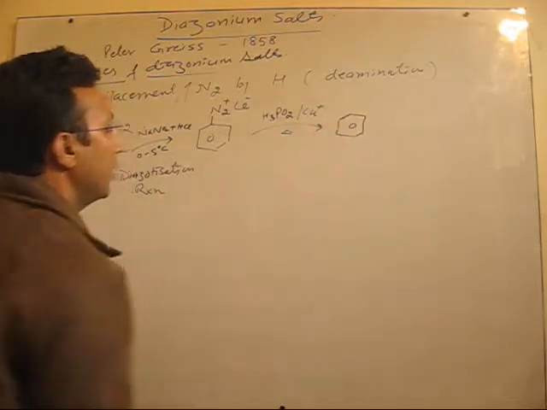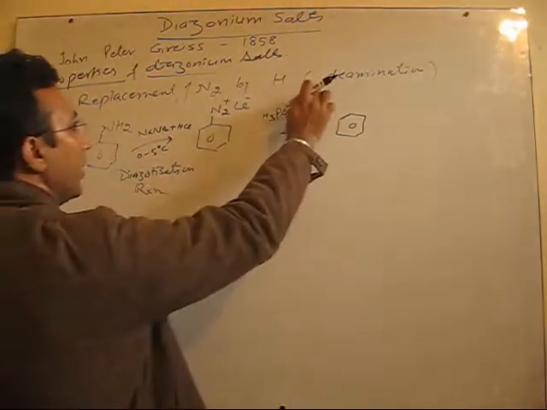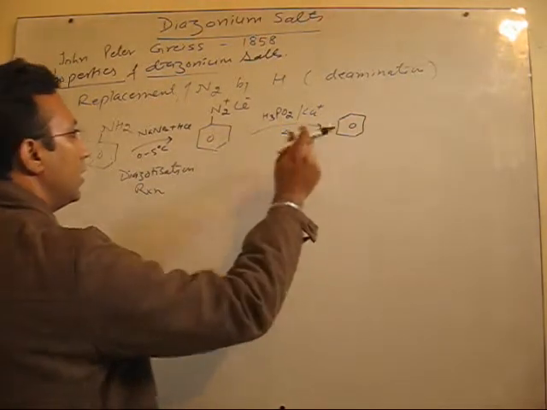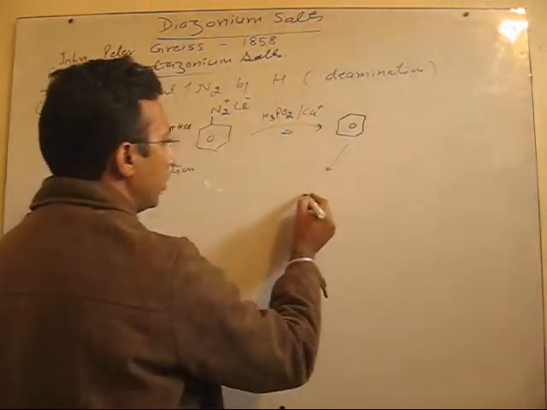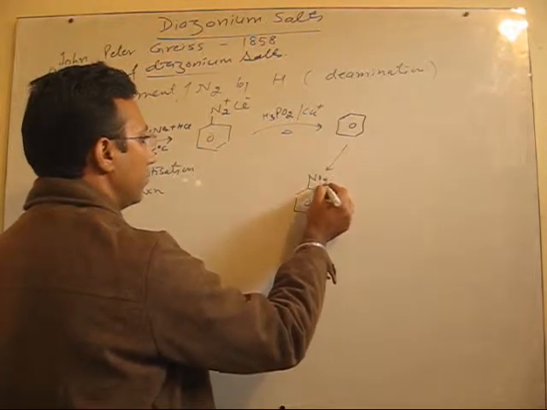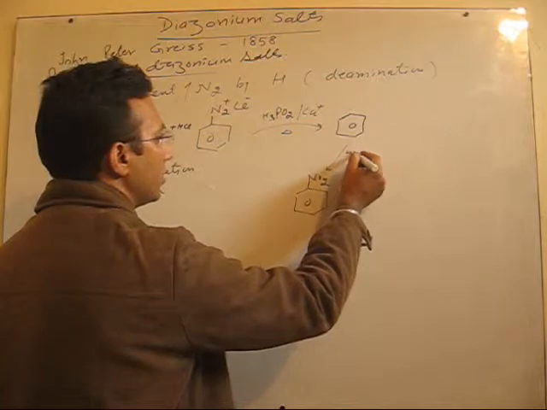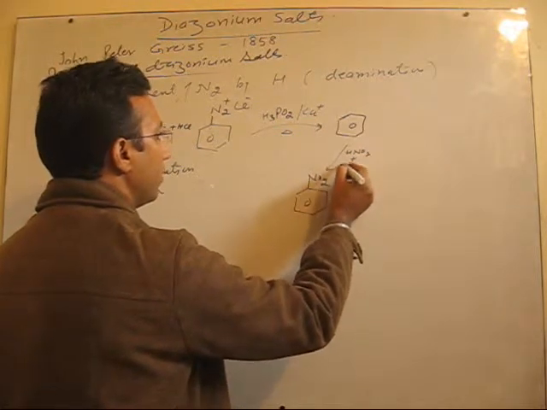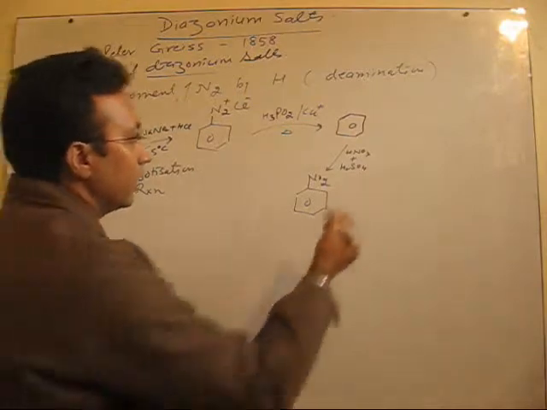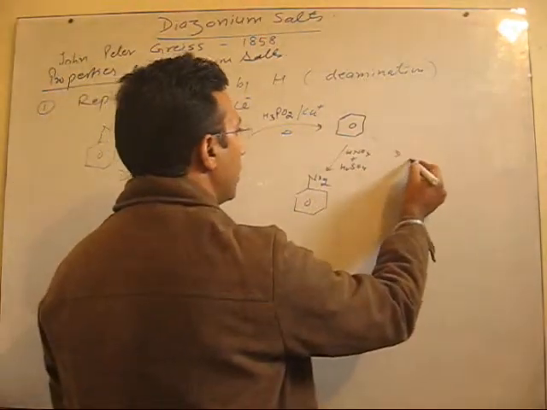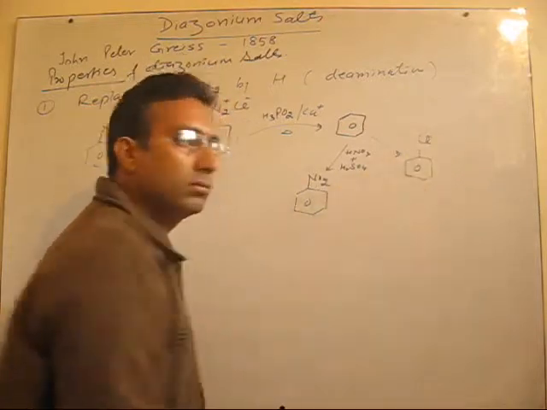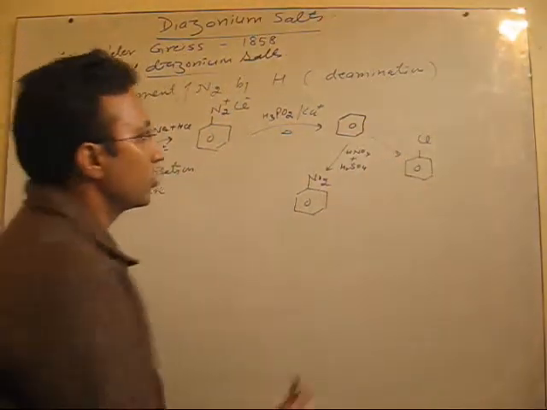So once you get this, you can use conditions like hypophosphorus acid in the presence of cuprous salt, heating, deamination reaction, formation of benzene. And once you reach benzene, from benzene you can prepare nitrobenzene using the nitrating mixture, sulfuric acid, nitric acid concentrated. Fine. Then using benzene you can form chlorobenzene, simple chlorination reaction.